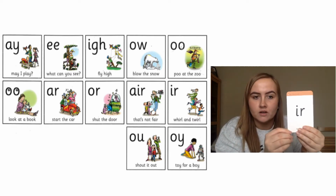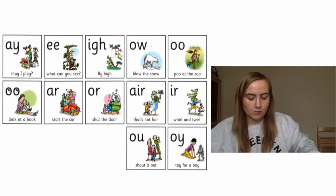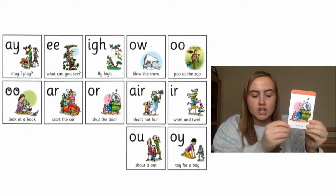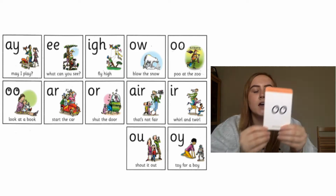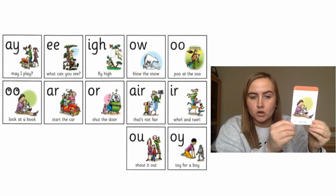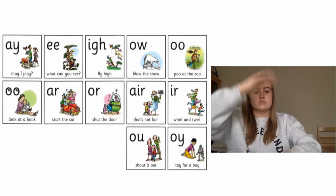Now we have got whirl and twirl. Well done. Now we have or, shut the door. Well done. And the last one is look at a book. Well done. Now give yourself a big marshmallow clap. Ready? And